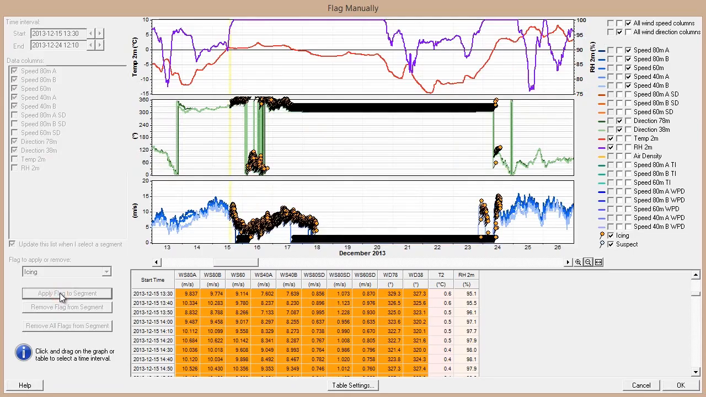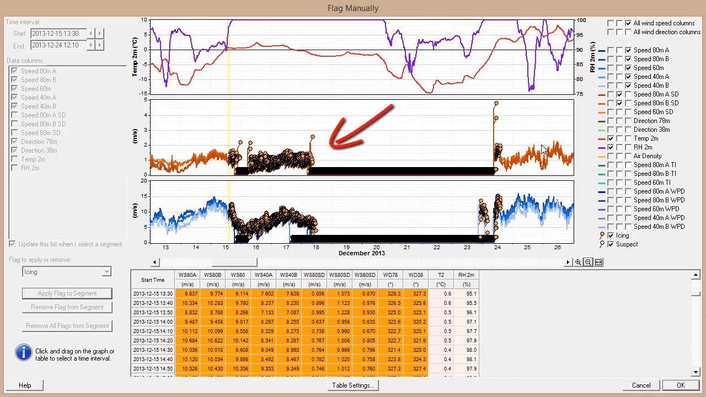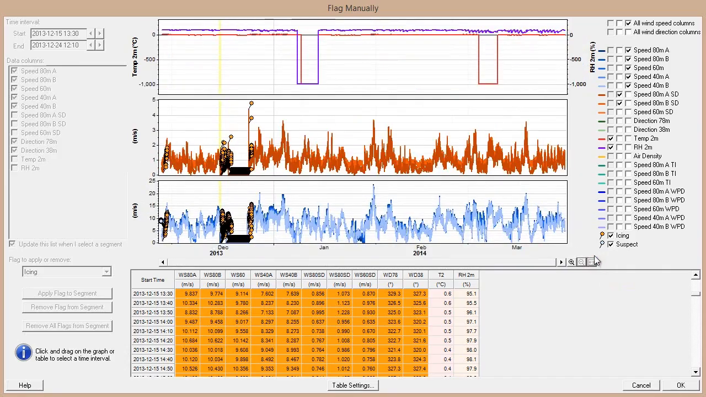Now when I apply that flag, all those data columns get flagged, and their associated columns get flagged as well, like these wind speed standard deviation columns. I should see flags on them as well. And if this data set contained min and max speed columns and min and max direction columns, they would have been flagged as well. I could do all my flagging in this window, and some of our users do that,